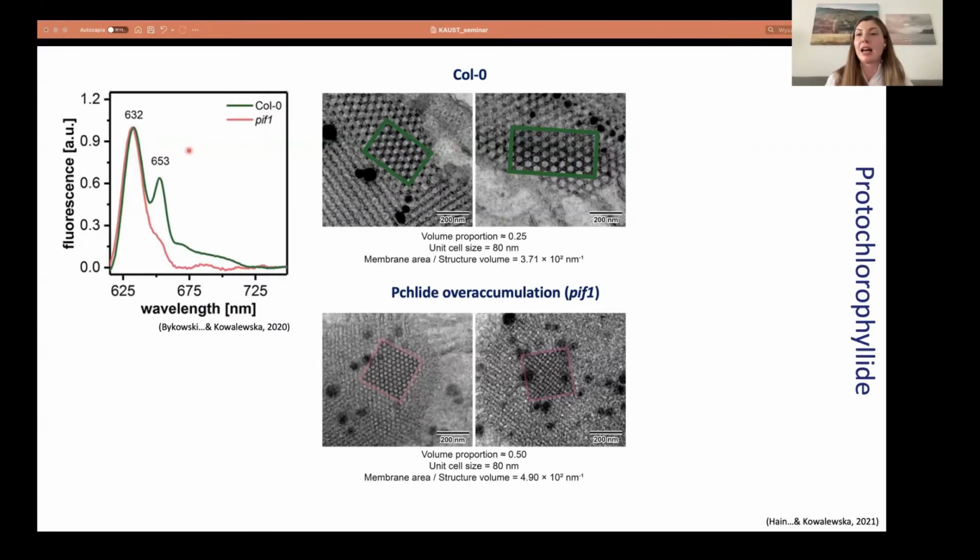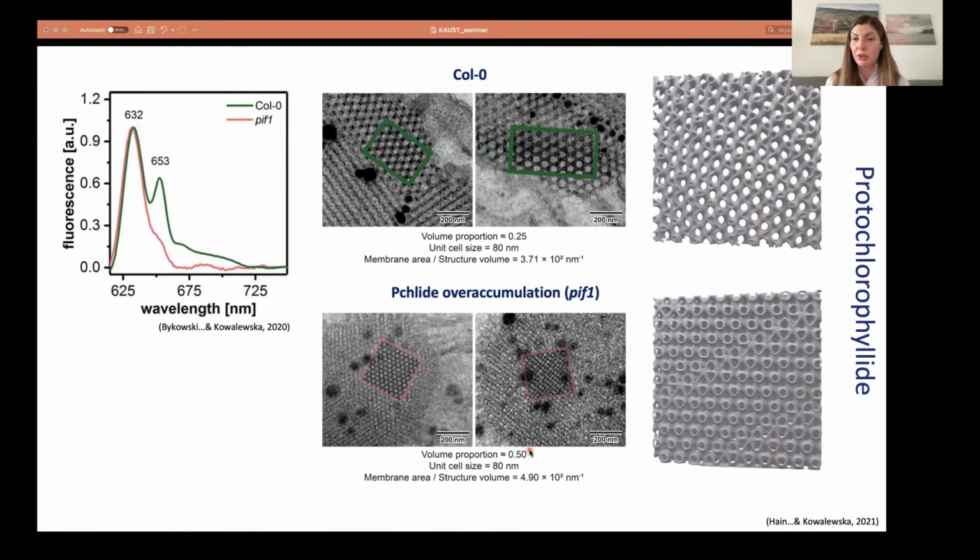Here you can see the 77K, so low temperature, protochlorophyllide spectra to compare wild type Col-0 plants with the PIF1 mutant, which over-accumulates this chlorophyll precursor. What we know from this is that most of the over-accumulation of the protochlorophyllide is not connected with the ternary complex, because this peak corresponds to the ternary complex, but rather it over-accumulates directly in the lipid bilayer. And how it influenced the 3D structure, we observed that the unit cell size wasn't changed,